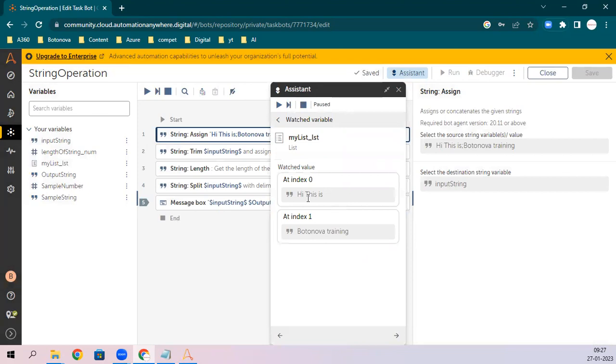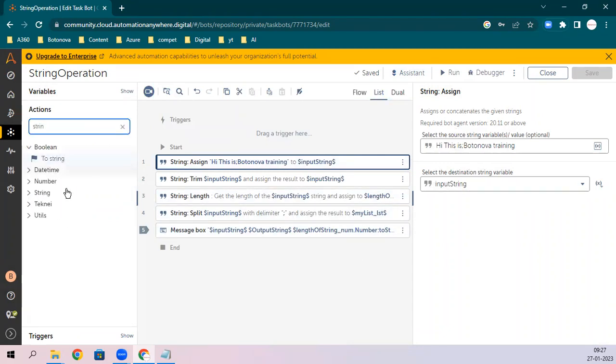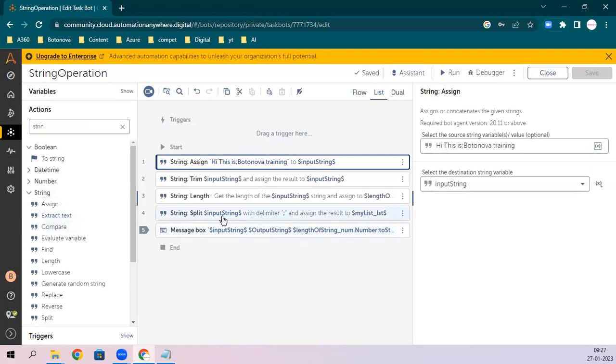Here, it is split by semicolon into two indexes, 0 and 1, in my list variable. So sometimes you will use this split.